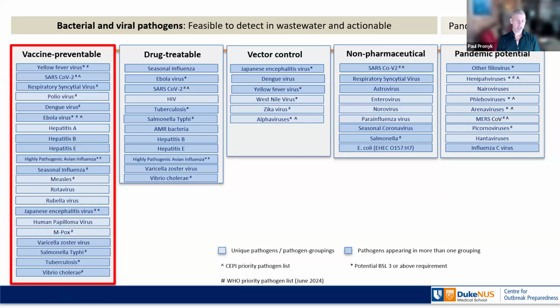The thing with wastewater, especially with metagenomics, is that you can detect all sorts of things, and it can be very confusing to interpret the results. So what's important from this slide is to hone our focus onto things where, if you get a hit, there's a very clear action that can follow from it, whether it's vaccine-preventable disease, issues around being able to use medicines, dengue and related vector control strategies, as well as non-pharmacological interventions such as isolation or identification of high-risk settings, as well as a special emphasis on identifying pathogens that might have pandemic potential.